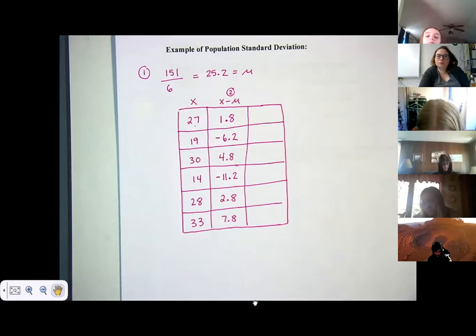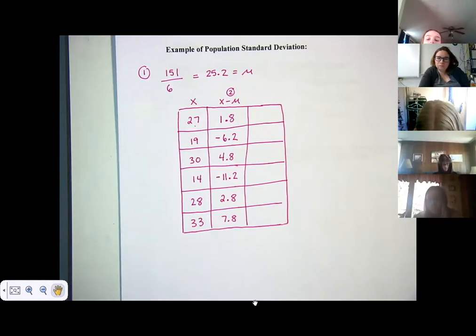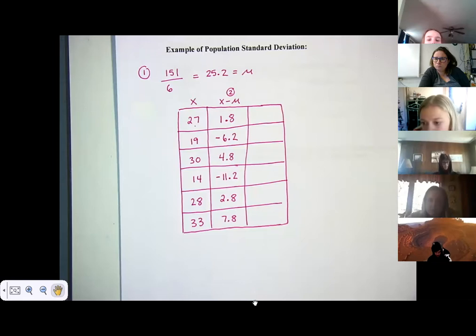Okay, so somebody unmute and tell me what you got when you added them up. I got -0.2. -0.2? Yeah. Okay. And the reason why it's a little off is because we're rounding. What should happen when you add all these up every single time, no matter what the problem is, you should get 0. Anybody have an idea why they would all add up to 0? I mean, this time they added up to -0.2 because we rounded a little bit, but